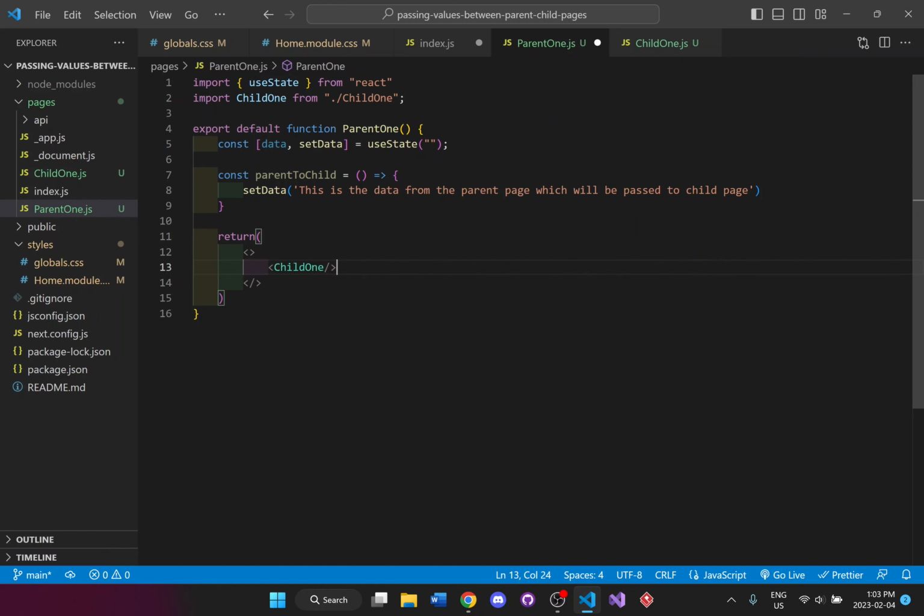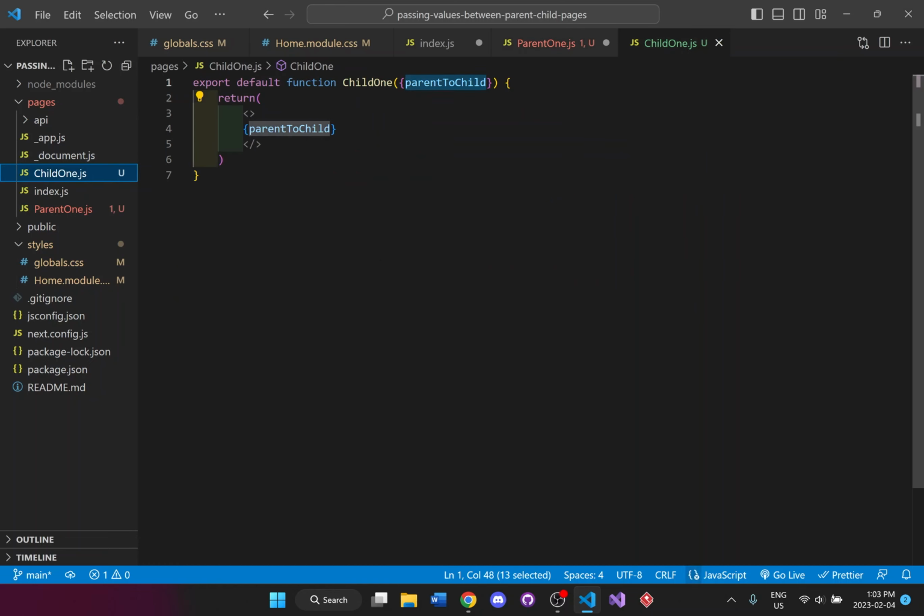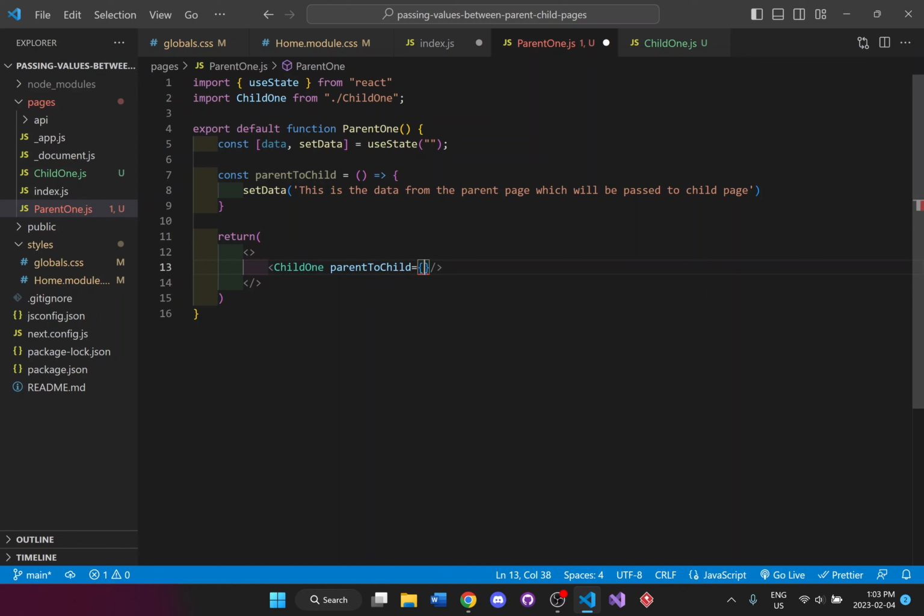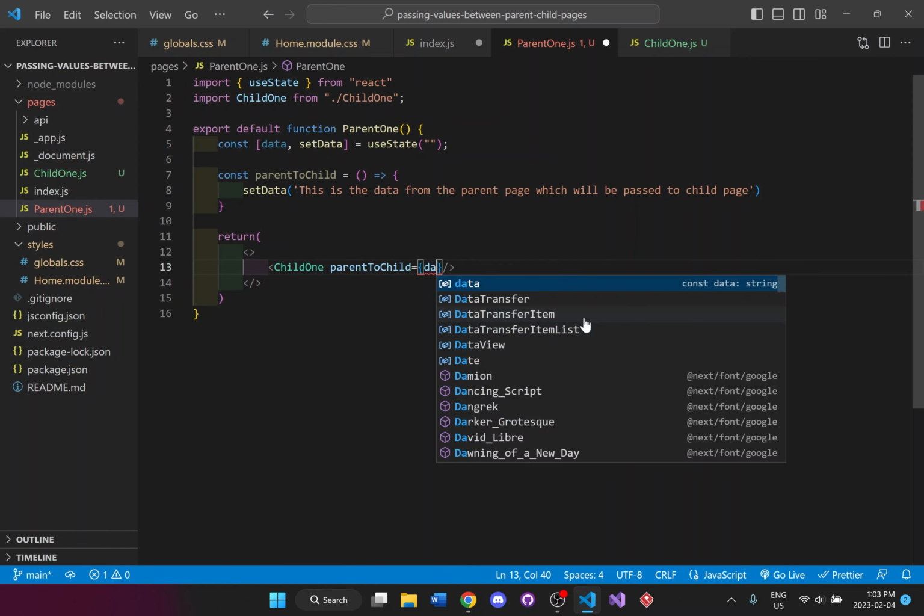And for this child, I'm going to be passing over this data that we have set up. It has to be called parent to child because here in the child1 we have parent to child, so it has to match the exact wording. And we are going to be passing over data.